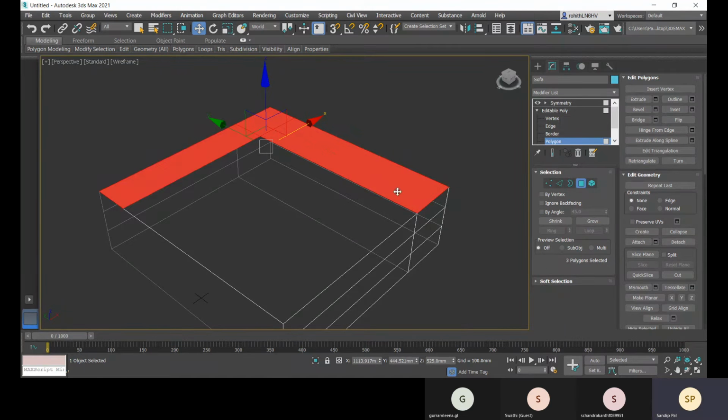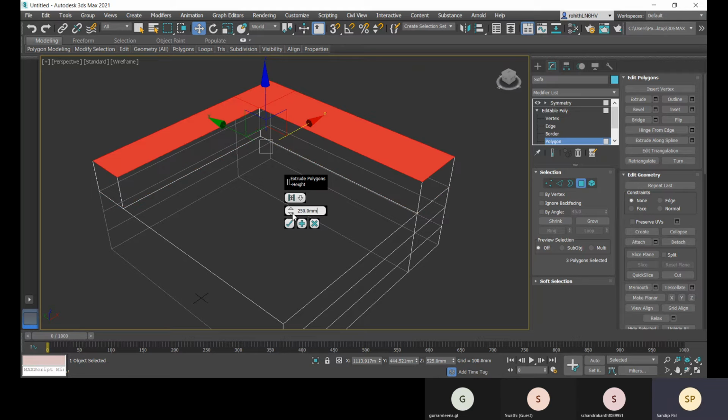Now let me go for this polygon selection, and then let me extrude it. For that I will choose the value like 250, enter. This way I can extrude, and I need the total height 500 to extrude.